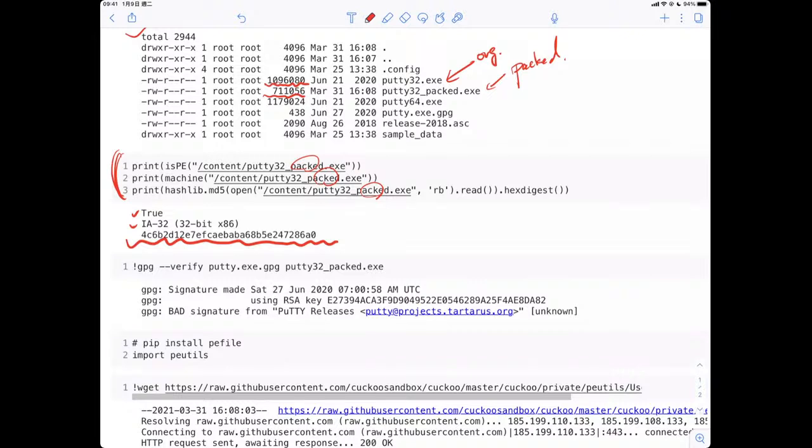So this MD5 hash value is 4C6B, which is different from the original one. And if we use this packed file to do signature verification, it says it has no signature, because this file has been reorganized, has been packed.